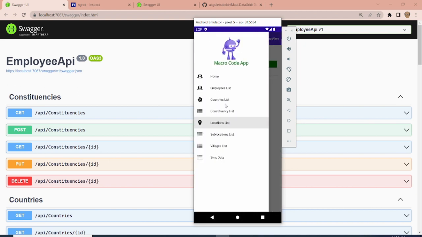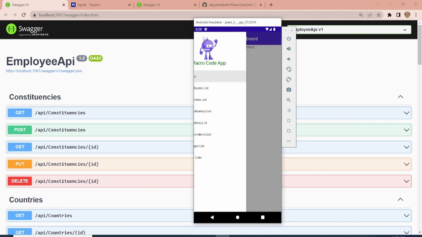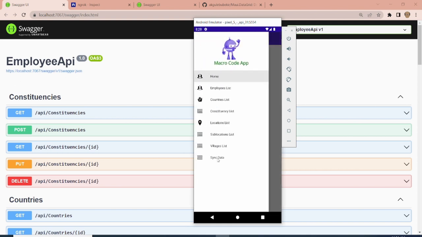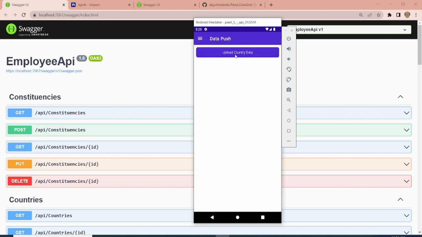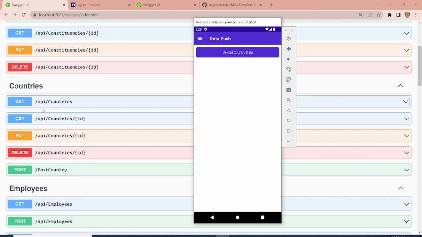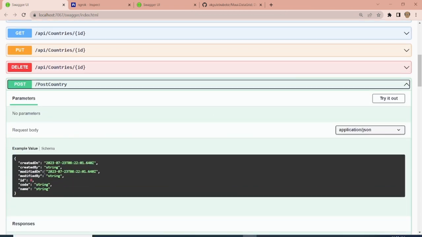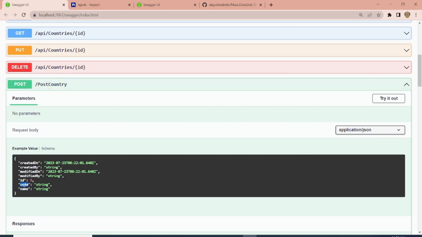So this applies across. We did something on our previous video whereby we were able to sync the data. We have a button for upload country data. This upload country data uses the post endpoint. You can see this is post country. We are supplying the country name, code, modified by, modified on, created by, and created on through our API